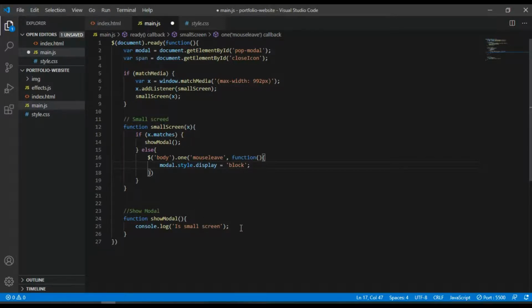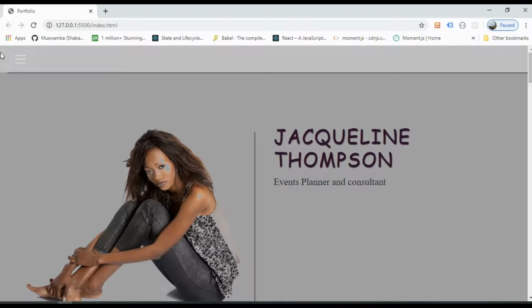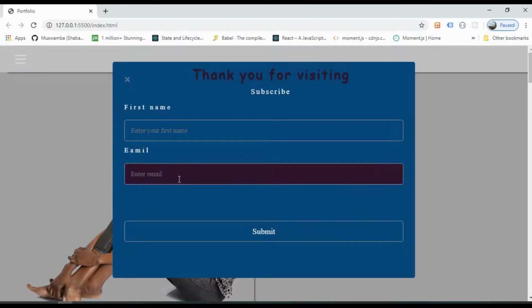Else means it's a big screen or a window, so we are just going to display the modal. If I save this change back in browser and go back to big screen, you see now we have a modal here. But you can't close it, you can't do anything. To do this, it's very easy. I'm going to show you how to do this.